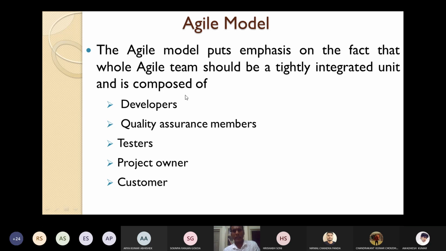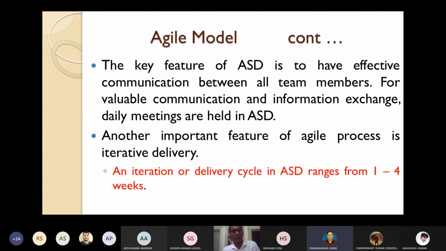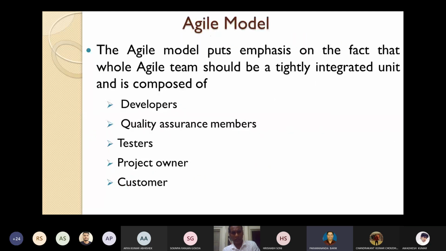Sir, sorry to interrupt. Yes, please. Quality assurance and tester, do they refer to pretty much the same person? Somebody who is testing is referred to as quality assurance? See, in some organizations, if you want to club them, fine. But in some organizations they have only one cell, that is quality assurance, and in some cases they are kept separate. Testers belong to the development team, and quality assurance is a completely separate cell, completely outside the development team.